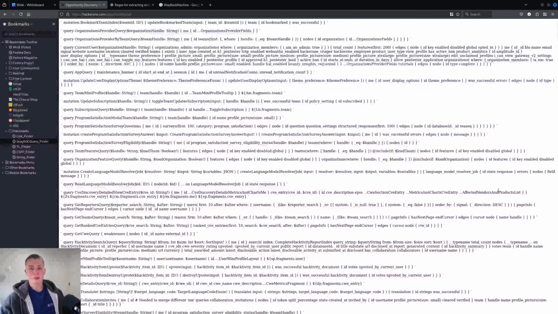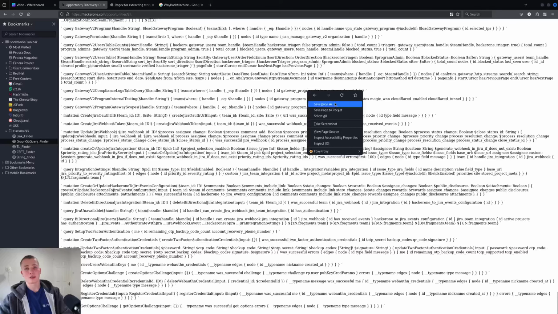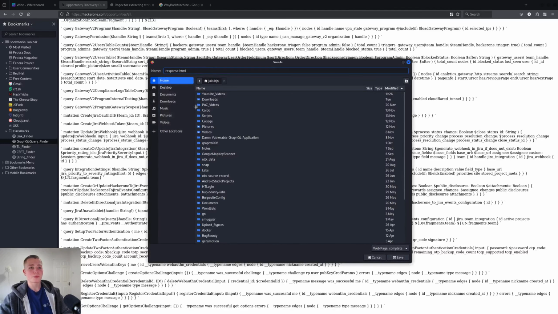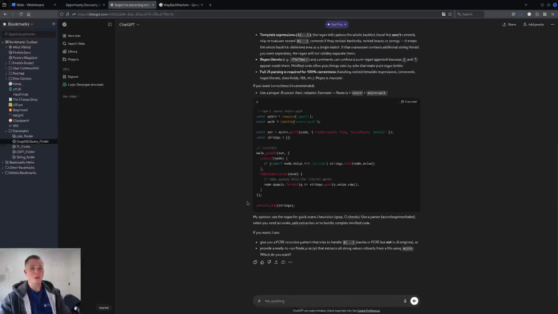So, okay, I ran my regex. I have all my GraphQL queries. Now, there's a lot of these GraphQL queries though, and reading them would take absolute decades, you can see. How do I sort out the useless GraphQL queries from the ones that we actually want to look at? And what we can use again is AI. So watch this. This is one of these cool things that I think I actually found: you come in here, you save the actual web page as an HTML page, you save it here, you go into ChatGPT,